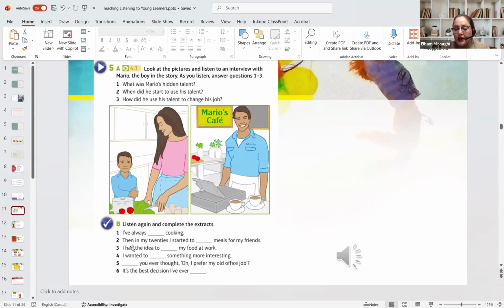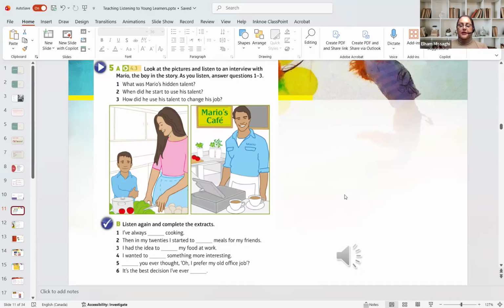I'm always cooking. Or then in my 20s, I started to. So these sentences are from the listening, but they cannot fill them in the way that they like. They have to listen, find the specific word, and fill in the blanks with correct spelling. So they have to listen and write the word. This is